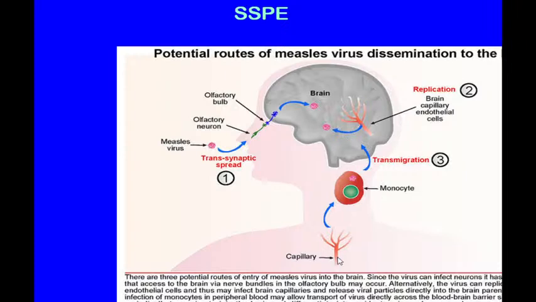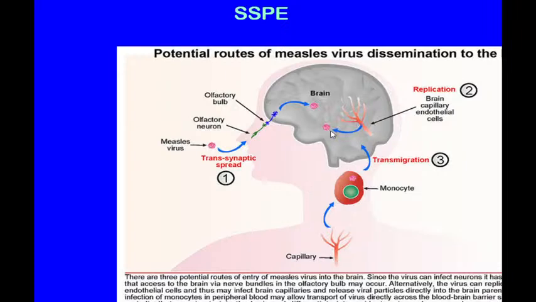That's how they may reach the brain. So if it occurs directly within the disease, then we have a sequela directly as acute encephalitis. But then most probably it occurs